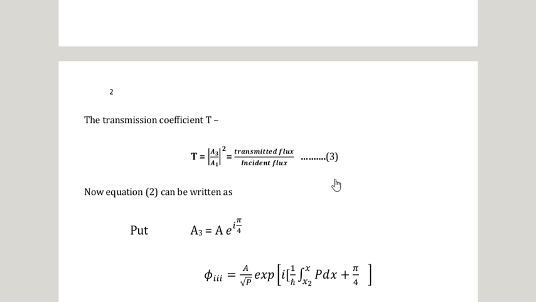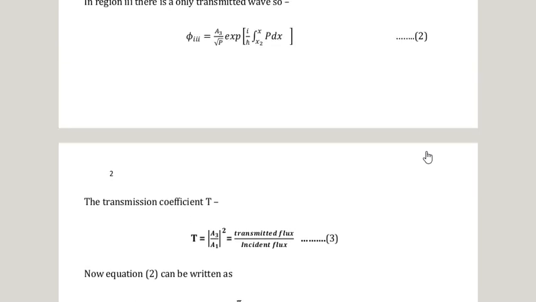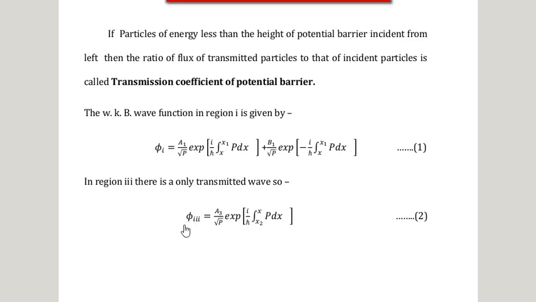The process of WKB approximation is that the wave function in the third region is transferred to the wave function in the second region, and the wave function in the second region is transferred to the wave function in the first region. Because in the first region the wave function is oscillatory, in the second region the wave function is exponential, and in the third region the wave function is oscillatory.